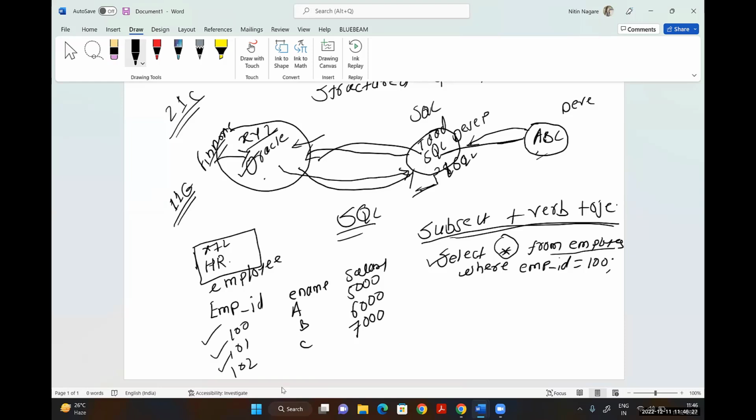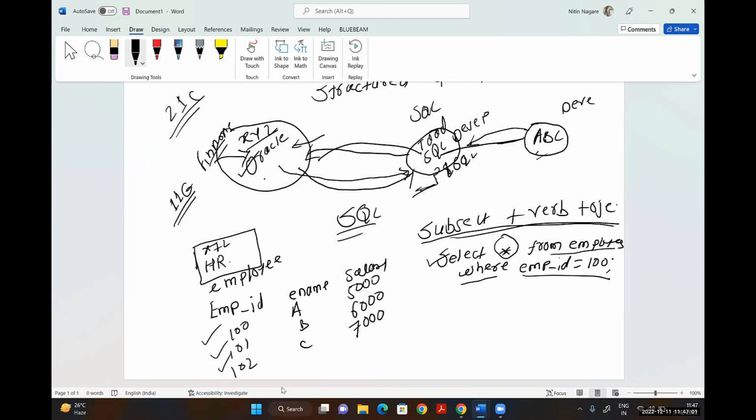Which record do you want to select? Do you want to select all the records, or do you want to select conditionally, only a single record or 2 records or all the data? Then I inform him, select only those records whose employee ID is 100. So I am again giving him a condition. So now in SQL, I am instructing, or requesting, the database to provide me the data, whatever I'm asking, in a structured format.